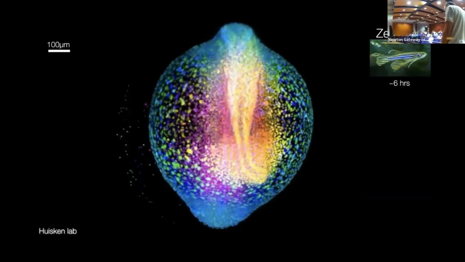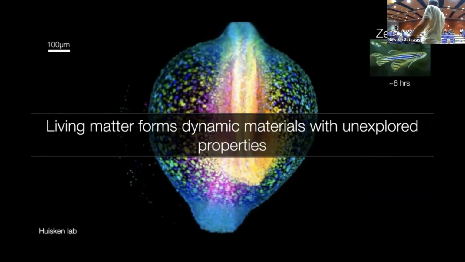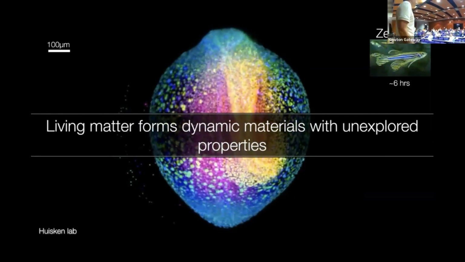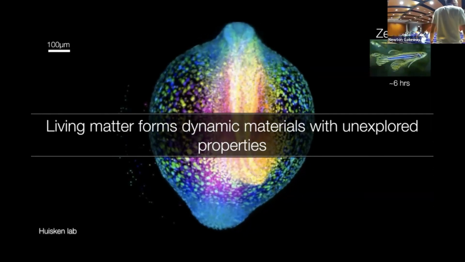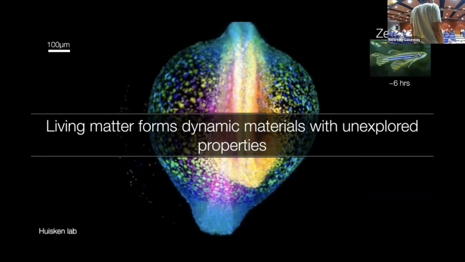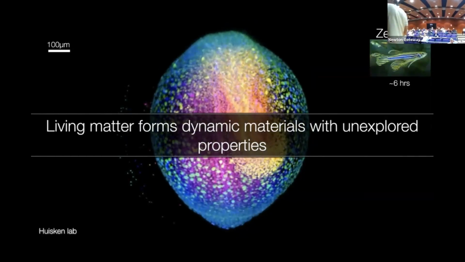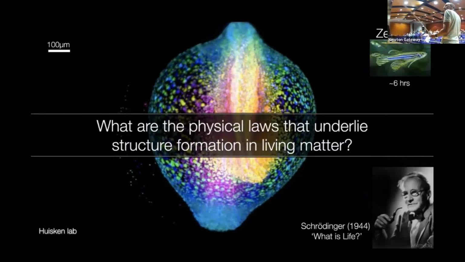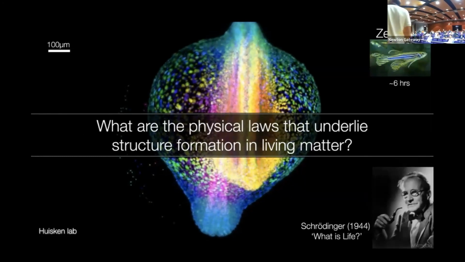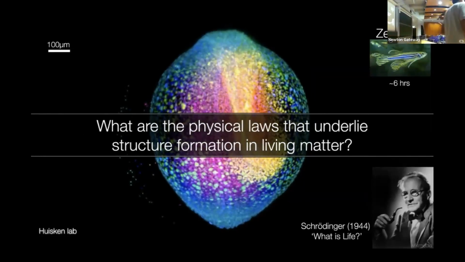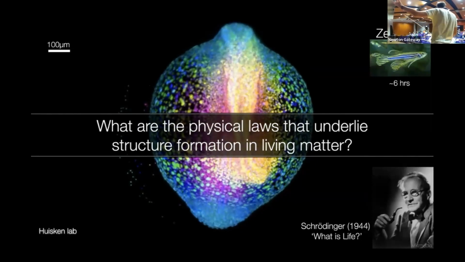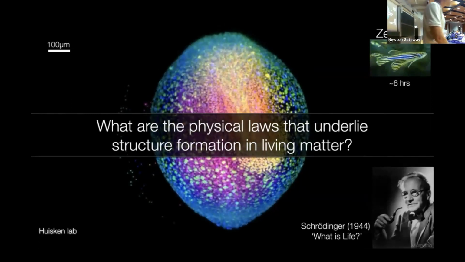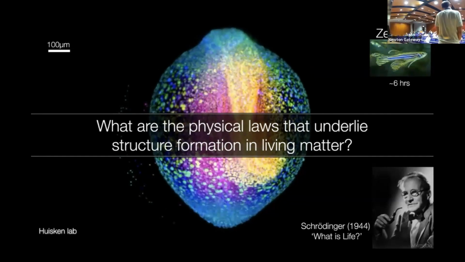So if I look at this as a physicist, this is obviously a very interesting type of material that can structure itself in ways that I'm just going to say I still don't understand much about. So what are the laws by which this material structures itself? I think this is a reasonable question to ask. What are the physical laws that underlie structure formation in these types of systems in living matter? This is borrowed from "What Is Life?", and Schrödinger surely is one of the first who really asked this